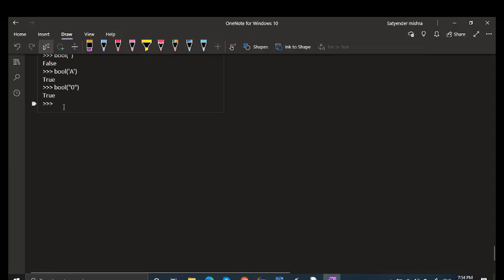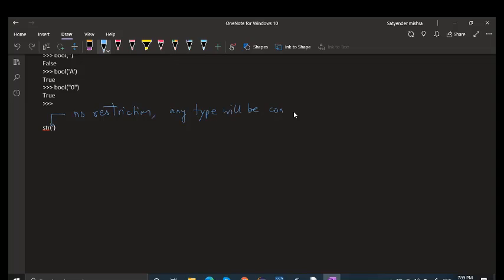So what are the things we can convert into string? Str. So for str, basically no restriction, right? Any type will be converted into str type.